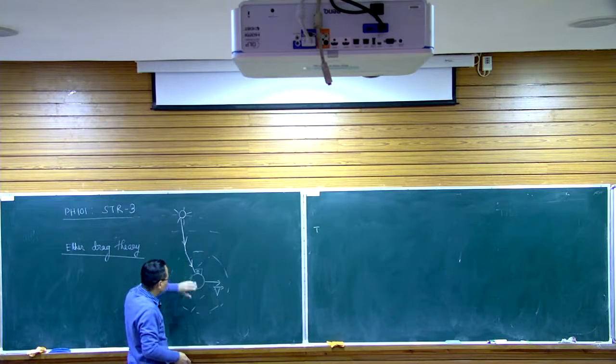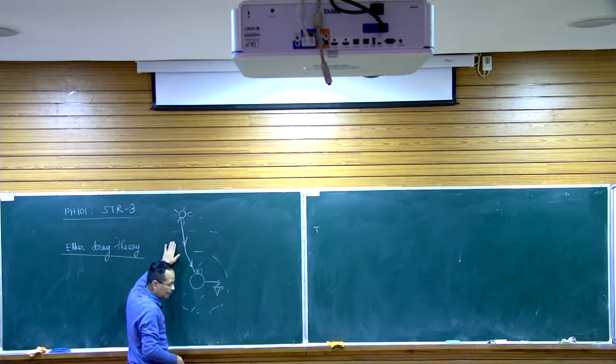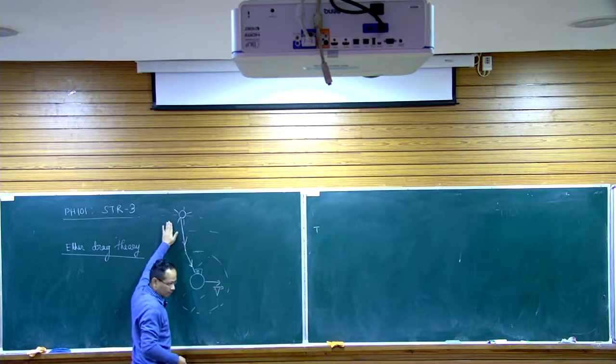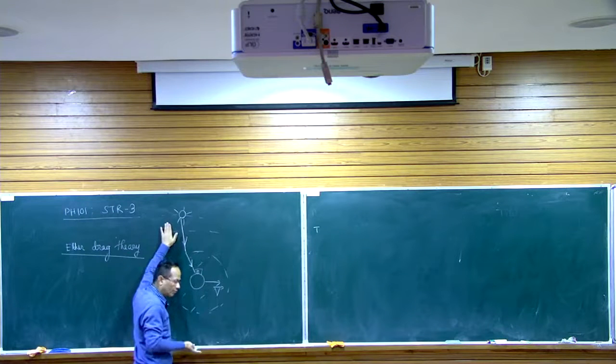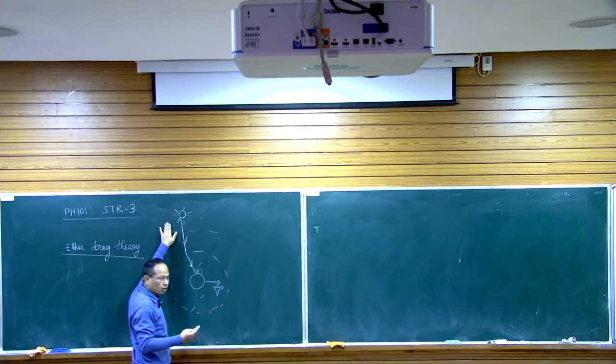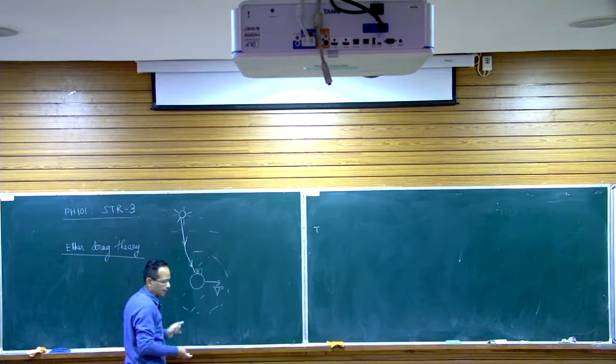It is due to the assumption that light travels with the velocity c in ether. Here ether is at rest, but here ether is moving with a velocity v. So as a result, light has to get bent. Now if light has to get bent, there are many other stellar phenomena which should be observed. Because of the bending of light, we should observe some other phenomena, but experimentally those are not observed. So that way, ether drag theory cannot be correct.